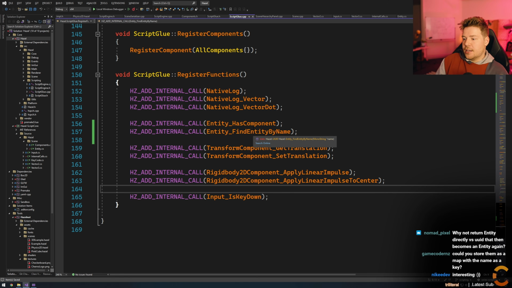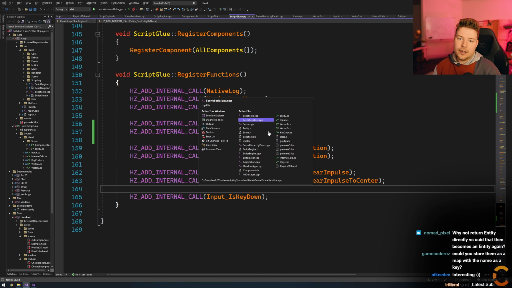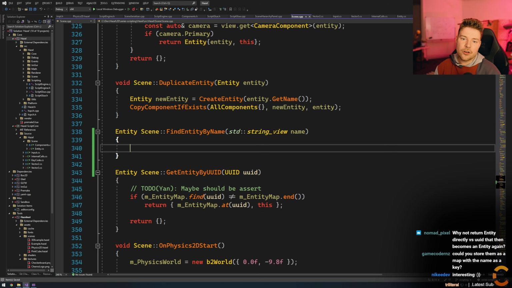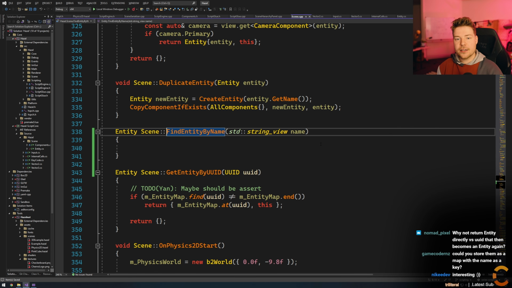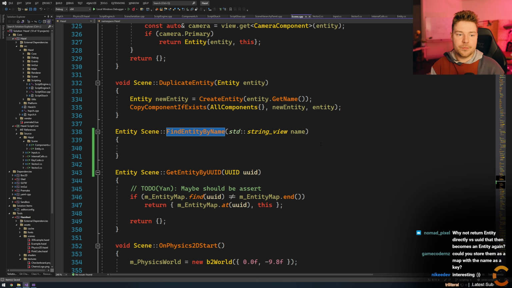Could you store them as a map with the name as a key? Yeah, you definitely can, but I don't know if that's good, because again, the amount of times you should use this in your code, especially in a performance intensive part, is not